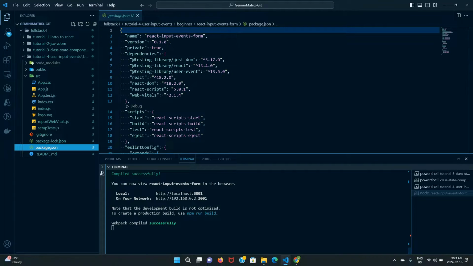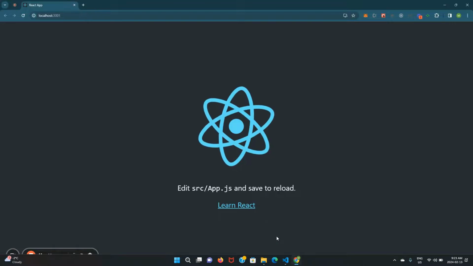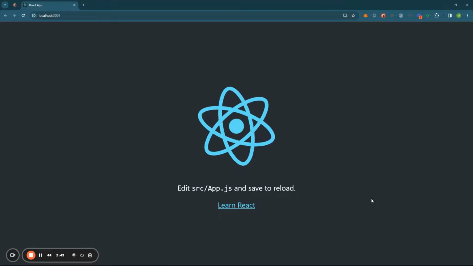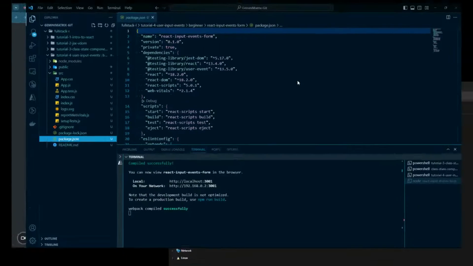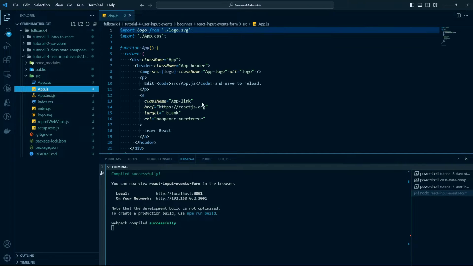All right, so first of all, we have this running. This is the React scaffolded out site ready to go. A little bit of style, a little animation. We haven't done this before. We could directly go into this